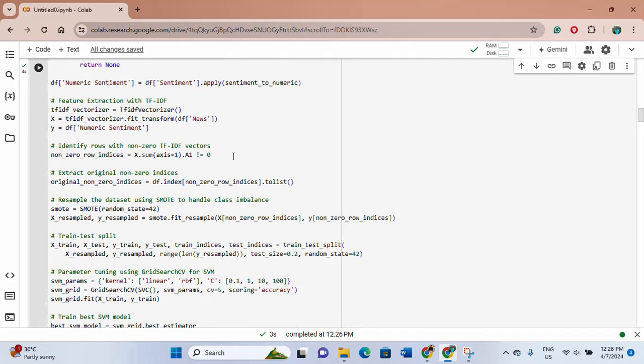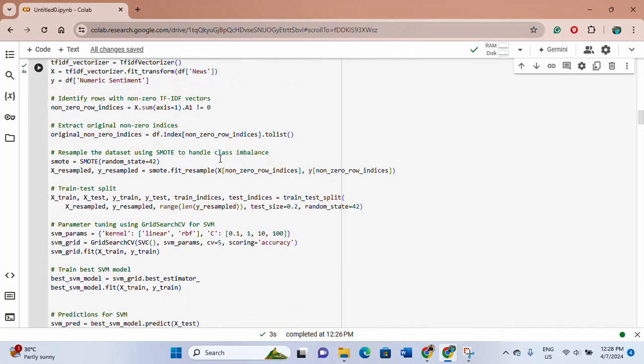The code identifies only the rows with non-zero TF-IDF vectors to ensure meaningful data for training. Then we use the